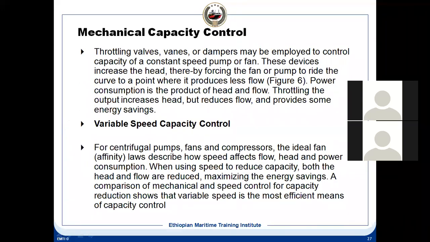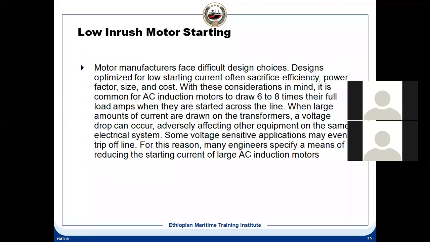Another is mechanical. VFD can be used not only for this, but also for other things like throttling valves, vanes, dampers. You see, a fan damper can be controlled using VFDs. There are also a few other applications: centrifugal pumps, compressors, and how the speed affects the flow, head and power consumption. In all these places you can use VFDs for energy saving. This is for smooth starting with low inrush starting current. You apply less voltage, start the motor slowly, ramp up the motor, increase the voltage, and it comes to full speed. All this is possible.